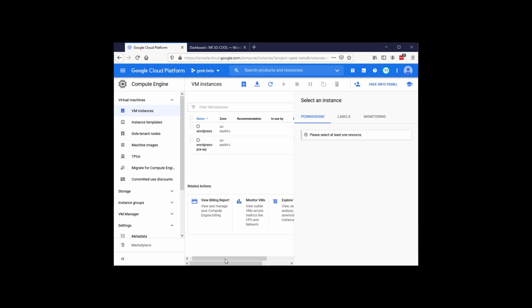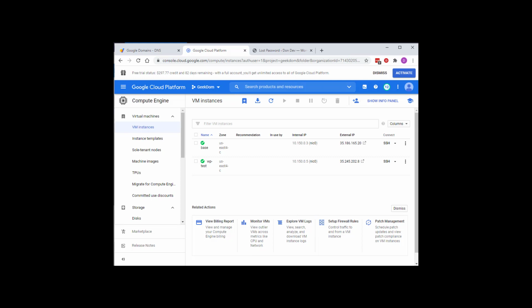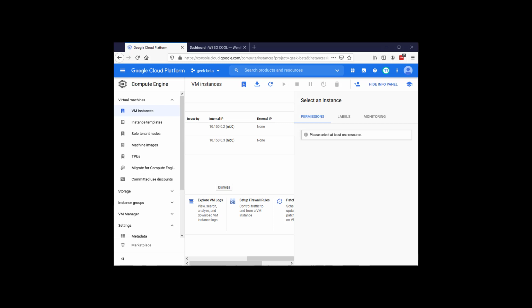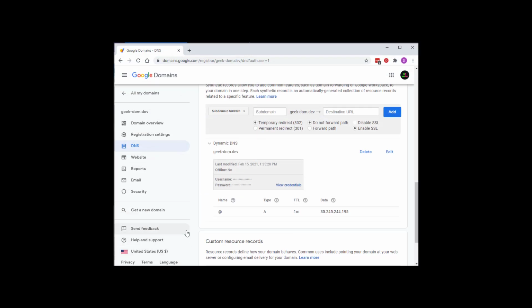So I'm here in my Google Cloud Platform. I have shut it off, but the IP address was... Let me pull my console back up here. If I can find the right window and my cursor. There we go. Okay, so